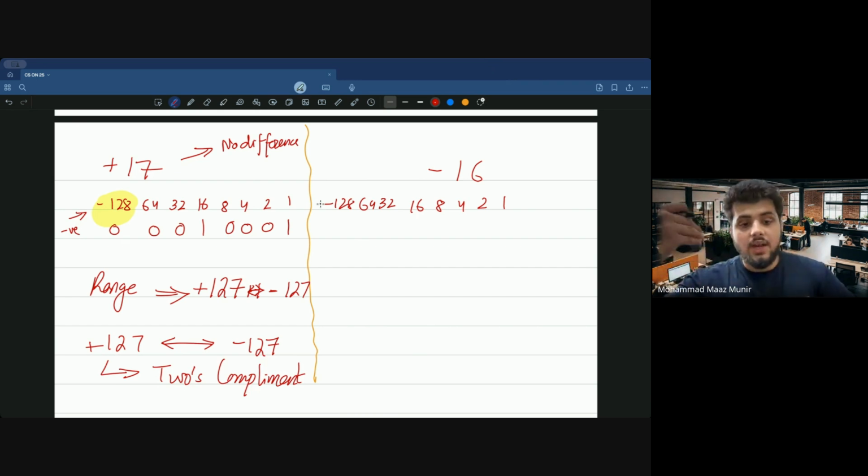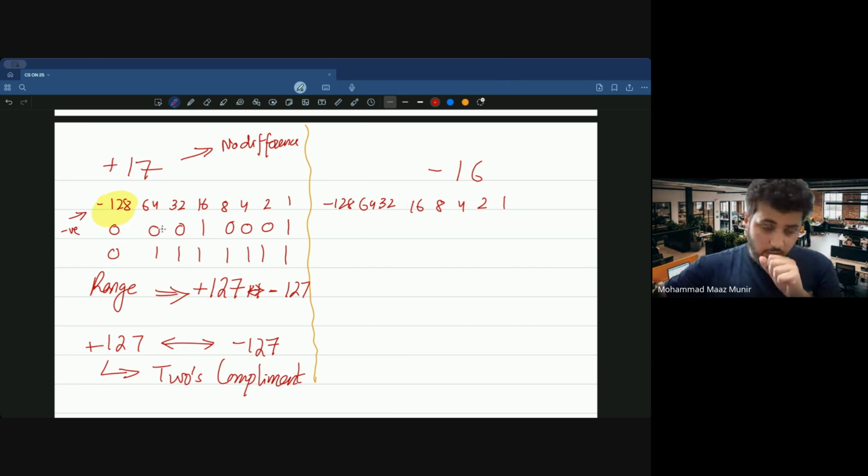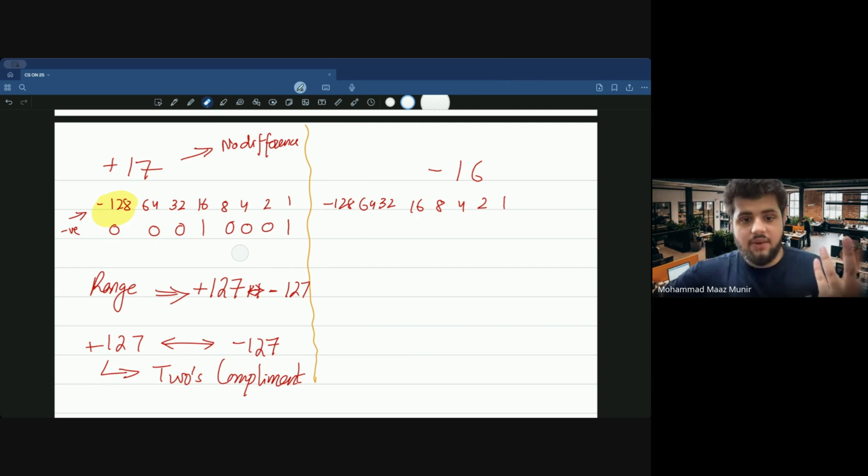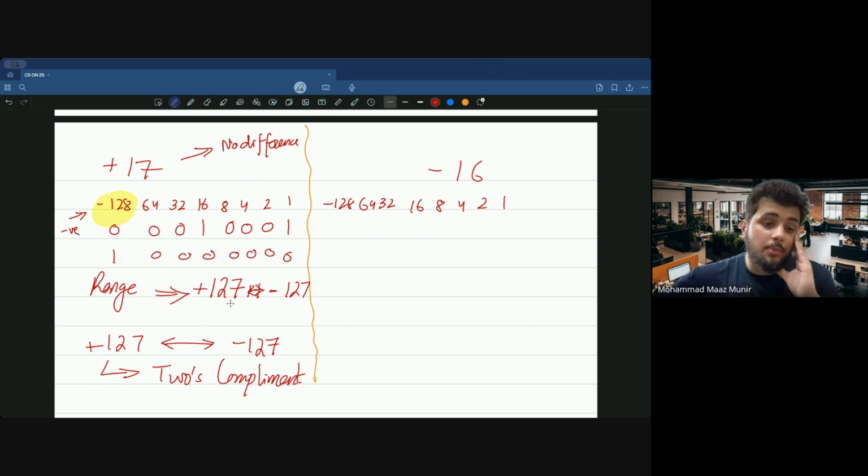So we have it as 2's complement right now, right? The greatest positive number which I can get is 127. How am I going to get that? I'm just going to turn all of these numbers into 1, and I'll keep this as 0. Now, if I add all of this, I'm going to get positive 127. And likewise, if I want the greatest negative number, what will that be? It will be a 1 up here, and if I keep all the others 0, what's the negative number I'm going to get? It's going to be 128. So this means,